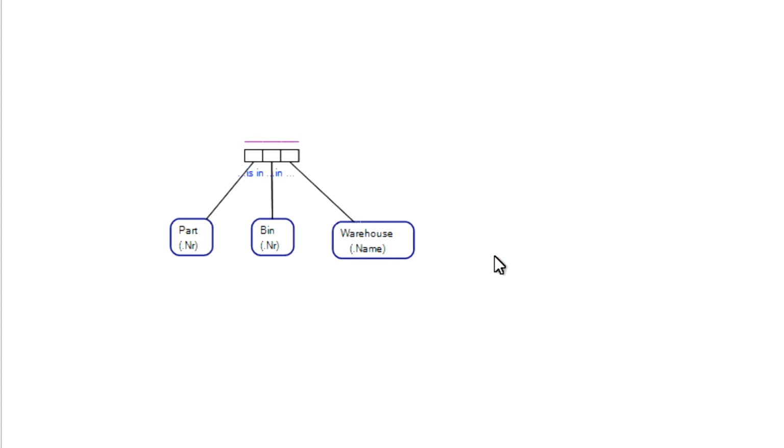So that's just a very simple introduction to fact type readings in Boston and object role